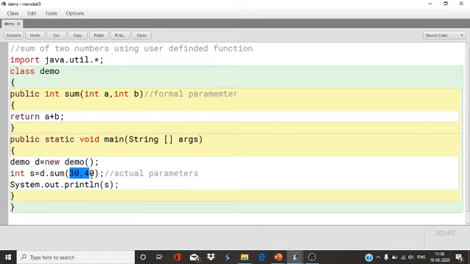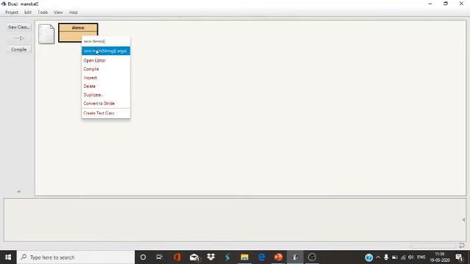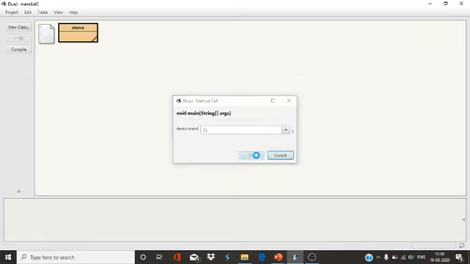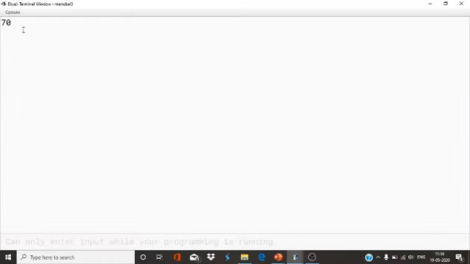So the actual values that we have used, this 30 is going to be stored in a and this 40 is going to be stored in b, and then 30 plus 40 total it will return 70. You want to see the output? Yes. No syntax error. 70.